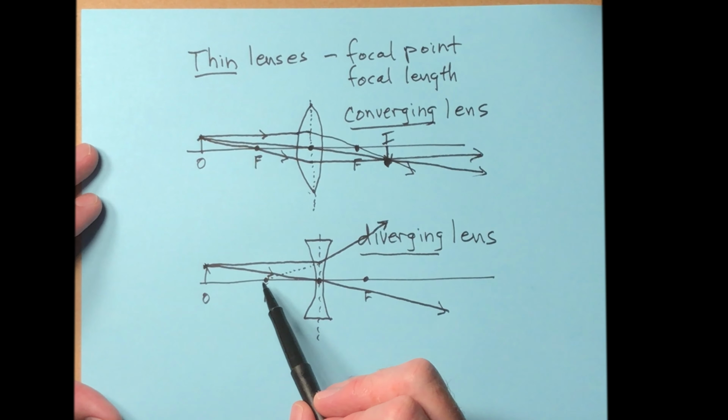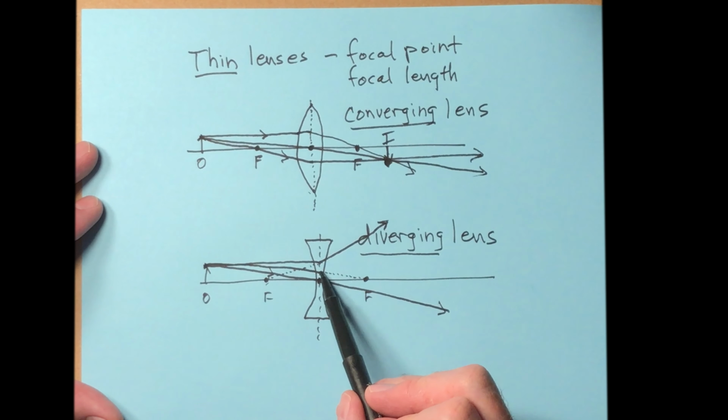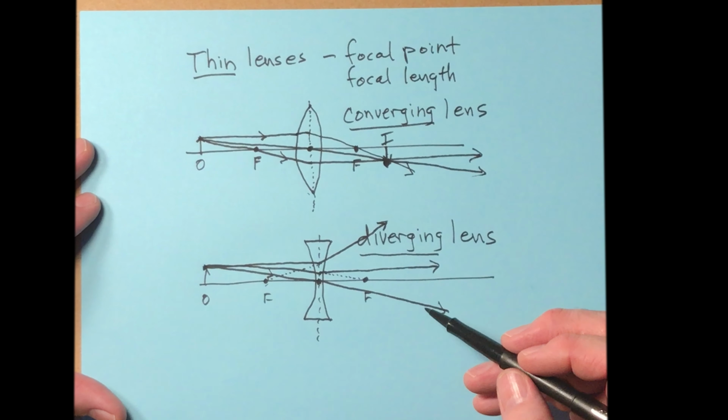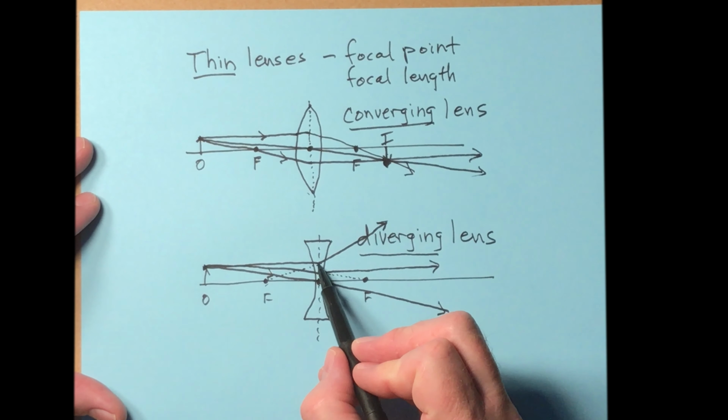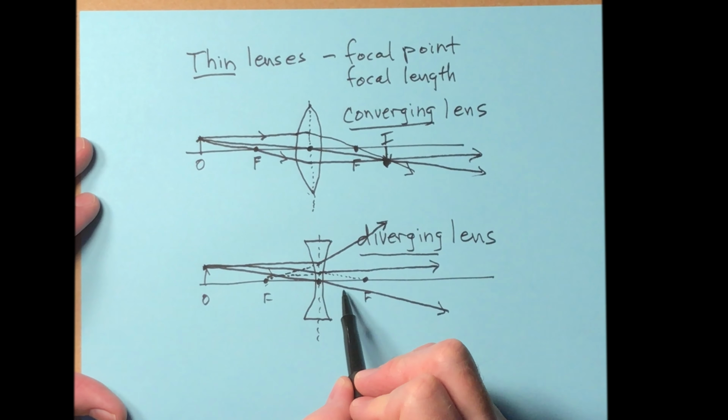So if you have a ray that's heading towards a focal point over here, now it didn't get to that, but it was heading towards it. Now when it refracts, it comes off parallel. There. So you can see these rays diverge. There's no place where they converge. So how does it form an image? Well, you trace back all of these. And what you would discover is